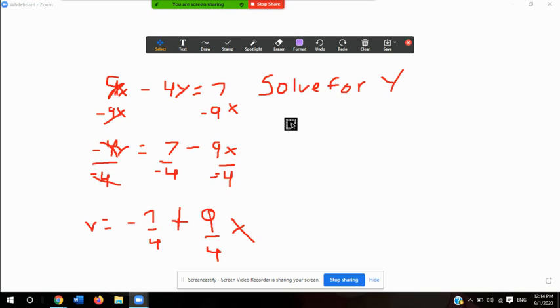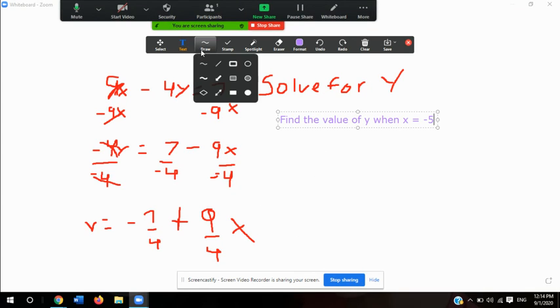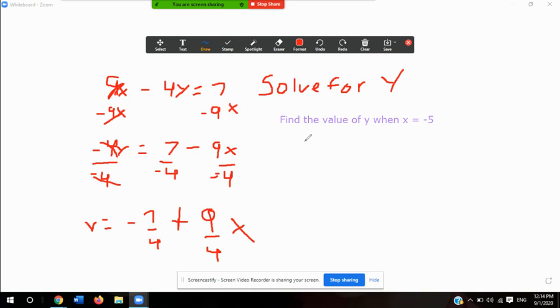So the second part of the exercise is to find the value of y when x equals -5. Okay, so we're going to find the value of y when x equals -5. And what that means is that I'm going to evaluate my expression. So I have my final equation, the one that I got from the first part, and I'm going to say